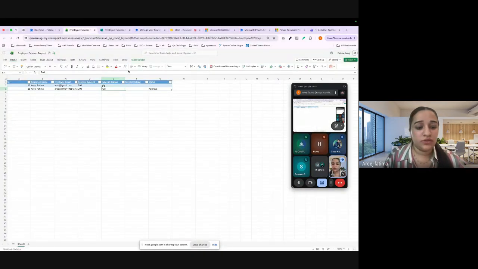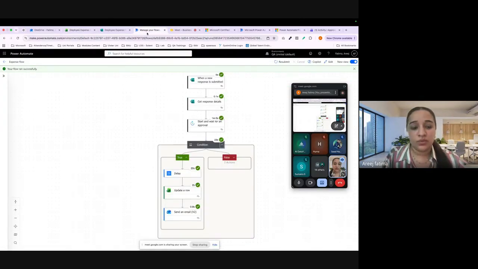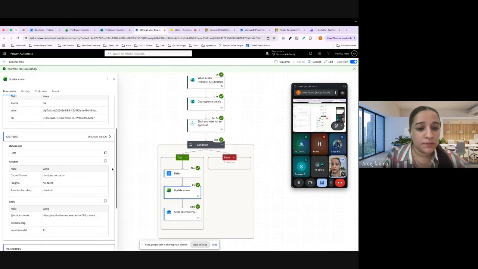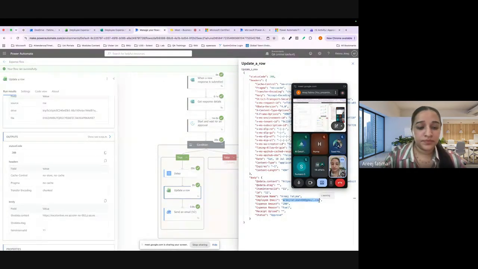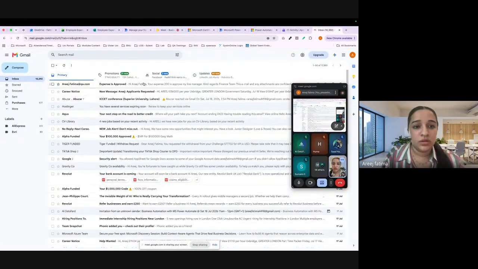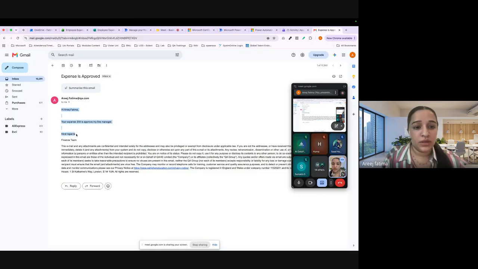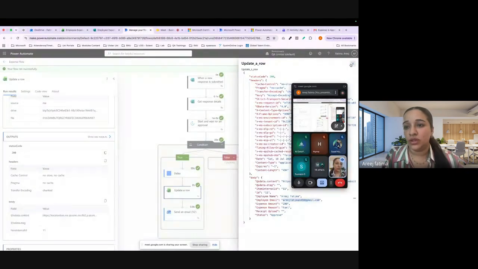So if I check the emails now, you can see the status is approved because I just filled this form and they can double check this one. After that, we are going to get the email. So what was the email I used here? Okay, so I need to check on this email. So let's go and open the Gmail account. Okay, here you can see, I got this email like your expenses approved and you're going to get these specific details from the manager, whatever they have.